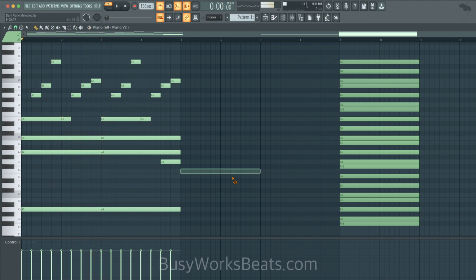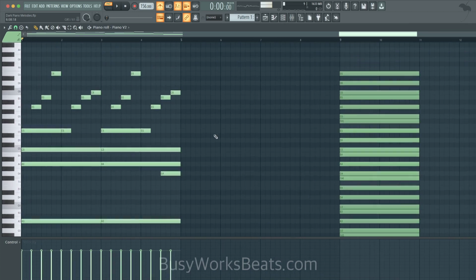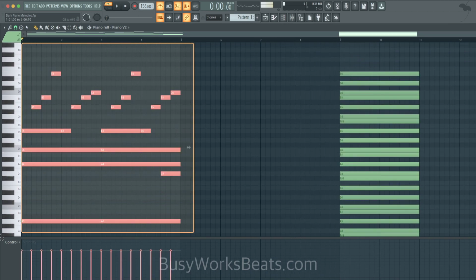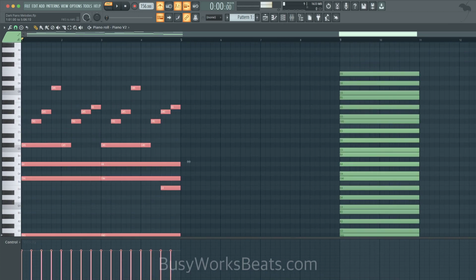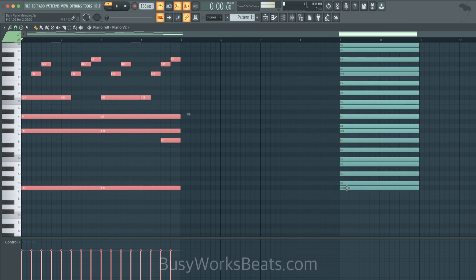Now, if you wanted to do the more math approach, you could do the 1, 6, 5, 4, like the Roman numerals that people talk about. So since we started on A, technically A is not the root of this scale, it's F sharp. So let's make it easy and pull this down just as a reference to F sharp, so that we can map it up perfectly with this scale. The reason I'm doing this is because I don't want to confuse you with the shape of this mode to the right.